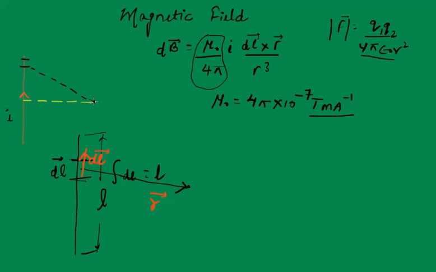So in other words, if this point is very far, then the intensity of magnetic field will decrease. It's also quite obvious, right? This we have seen in Coulomb's law as well. If two charged particles are separated by a very long distance, the force will be smaller compared to the scenario when the charged particles are near to each other, right?